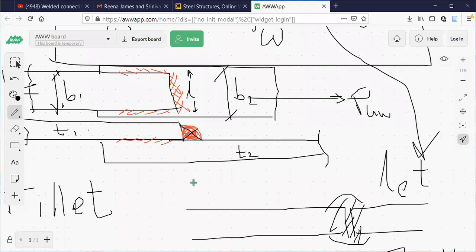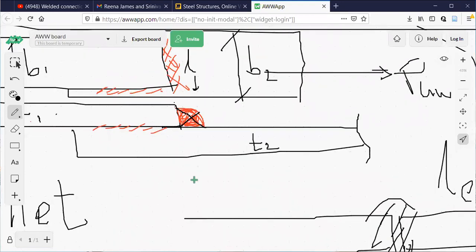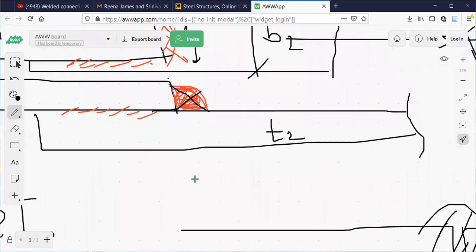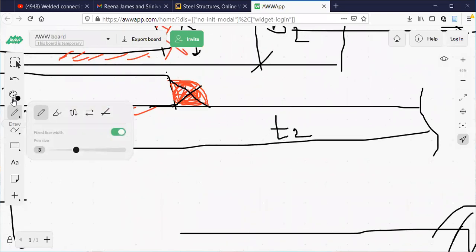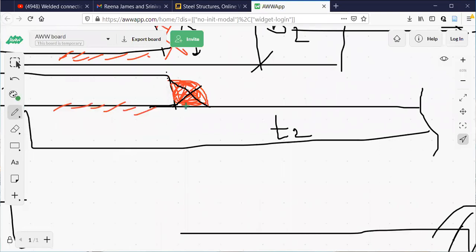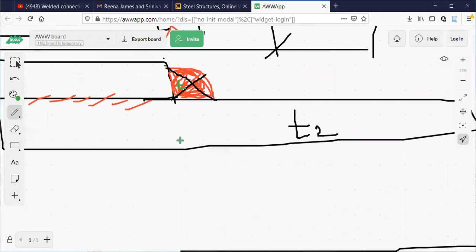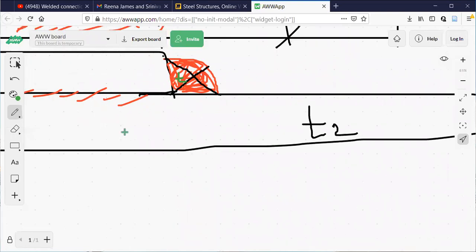So this is T. This is P here. So the distance T, this length, you will get in plan.